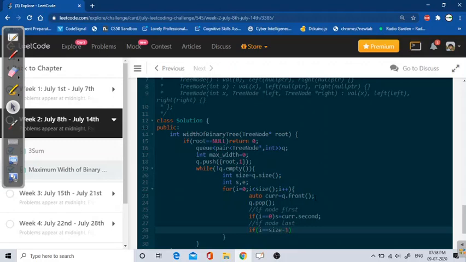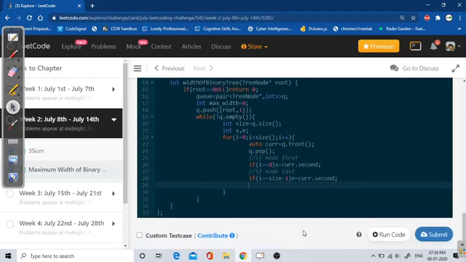Because we are dealing with indexes, and in the for loop we are starting from 0. Because of that I have to see if my i is equal to size minus 1, that is the last node. If it is, I will just store e equals to current dot second. I hope you got this point, you got this till here.